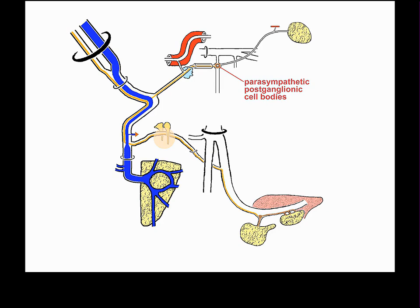The postganglionic axons from that ganglion do quite a few things. Many of them travel down in the greater and lesser palatine nerves for the mucous glands of your palate. The little brown dot there indicates that many of them travel with these posterior septal and posterior lateral nasal nerves that enter the nasal cavity for the mucous glands of your nasal cavity. Many of them travel back in the connecting bundle to the maxillary nerve so they can enter the posterior superior alveolar nerve, and they can enter the infraorbital nerve, which do mucous glands of your maxillary sinus and the gums